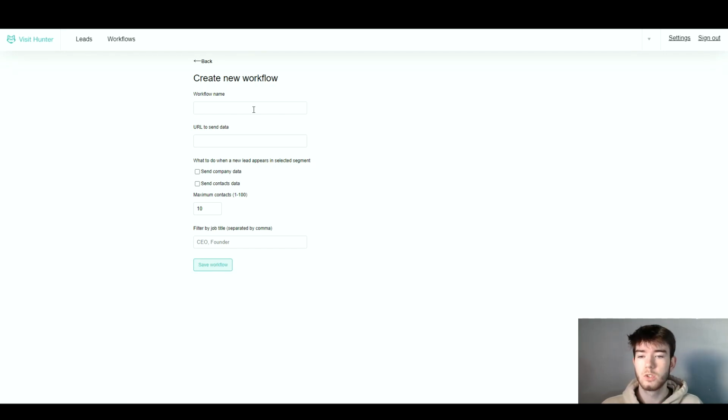I'm going to give the workflow name. I just titled it reviews for the sake of this software review. And then below that we're going to give it a URL to send the data to. Once you've put in your URL, below that you can choose to send the company data, send the contacts data, or even just choose one of them. So we're going to just click both of them right now,